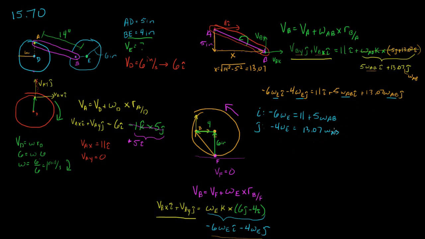So now how do we do this? It's two equations, two unknowns. Let's solve for omega AB. We get omega AB is equal to minus 4 times omega E divided by 13.07. Let's plug this in right here. And when we solve for our angular velocity of E, we get omega E is equal to minus 2.46